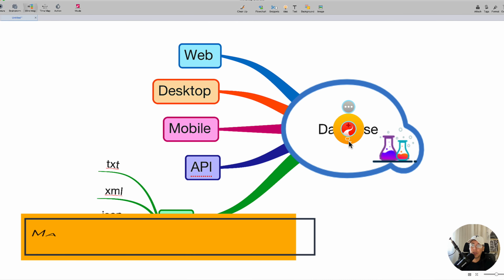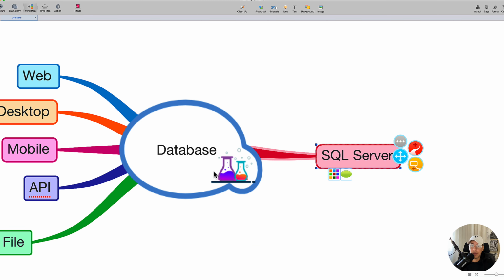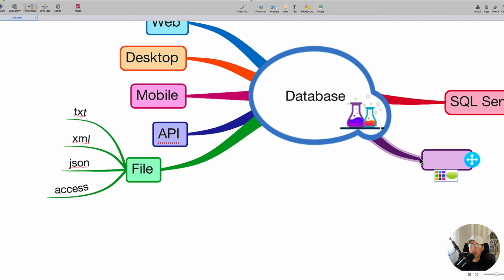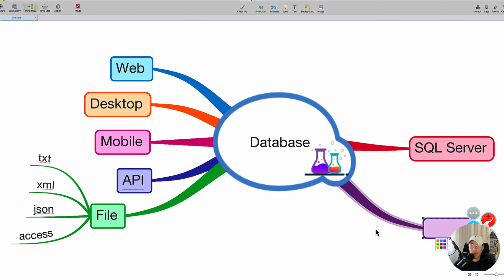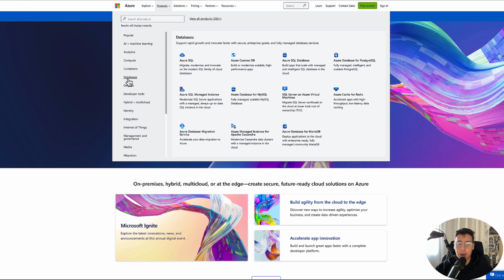Database is used for the database. For example, we have SQL Server as a database. We have, I put here, we have Oracle. I suggest you check all of the opportunities here, and it's very nice. But our case right now,